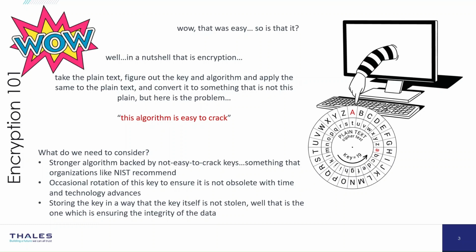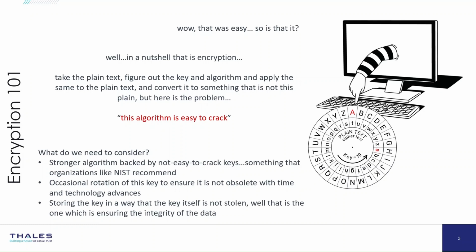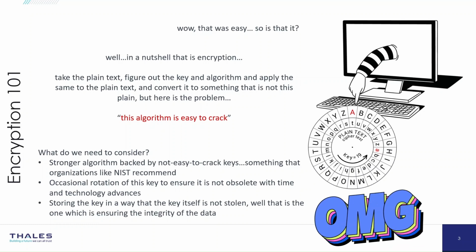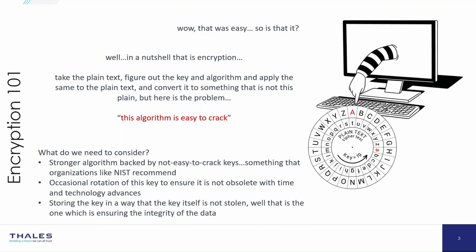That sounds easy, right? In a nutshell, this is encryption, where you simply use a mathematical operation with a key on the plain text data to get the scrambled value that can be understood only by the intended recipient. So, what's wrong with that? The only problem is the algorithm is very easy to crack. As I said earlier, this algorithm was devised at a point where mathematically strong machines were not available, and hence it was okay at that point in time.